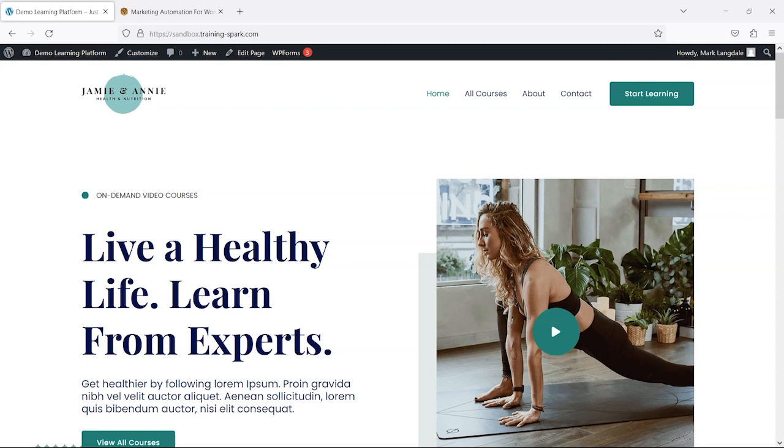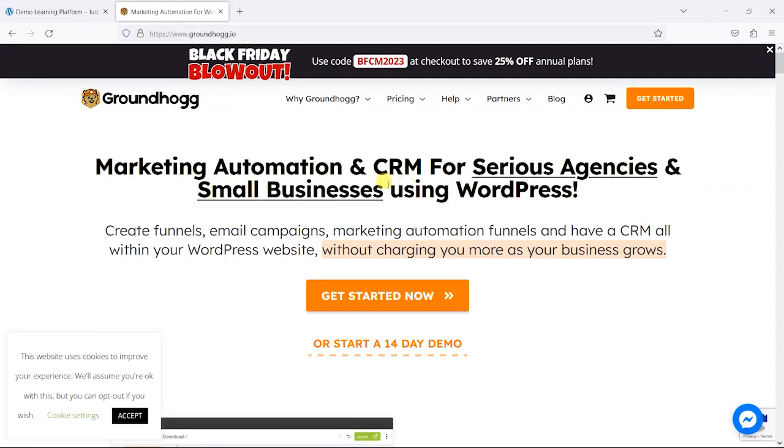And there are lots of CRM options out there. You may have heard of things like Salesforce, Zoho, HubSpot. These are all SaaS solutions. They're third-party ones where you generally pay a subscription for them. And they can get quite expensive. We're going to look at one here called Groundhogg,